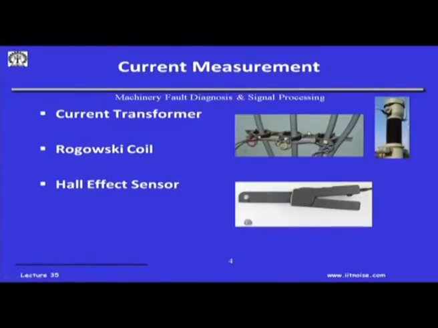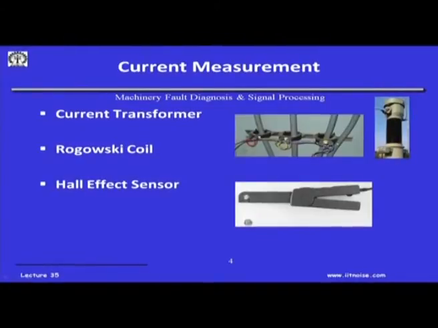So, we will have a transformer to reduce the magnitude, and that is why when you go to any plants, they have CT coils just to reduce the turn ratio, so that a meter can be used to display. The same meter could be used to measure 100 amperes, 1000 amperes of current, same to measure the 1 ampere of current. But when you measure 1000 amperes of current, you have to give a step down transformer, and that is why these current transformers are used.